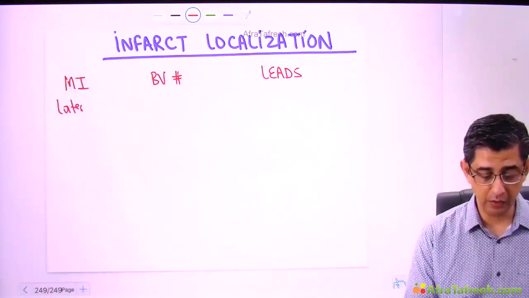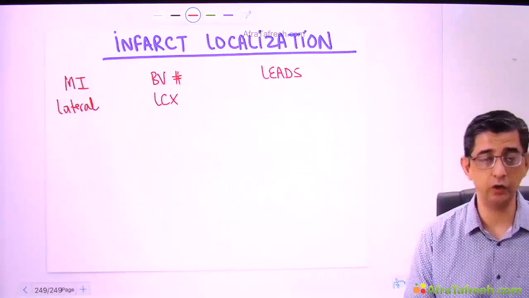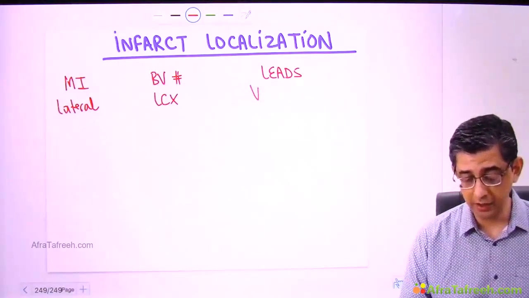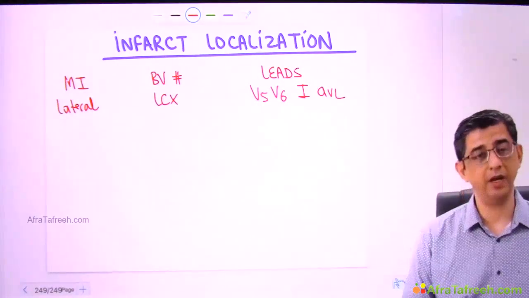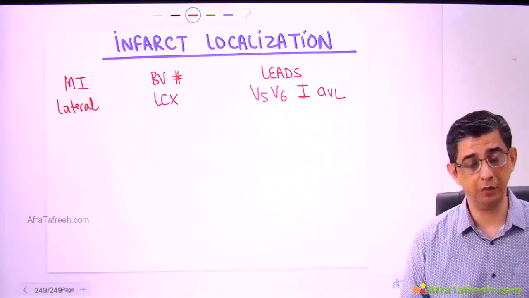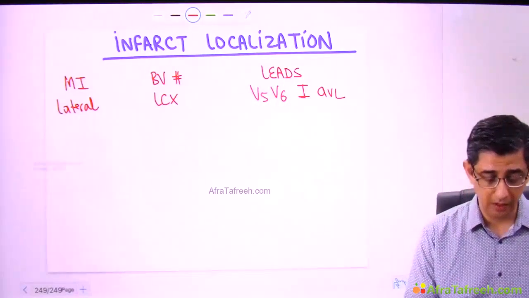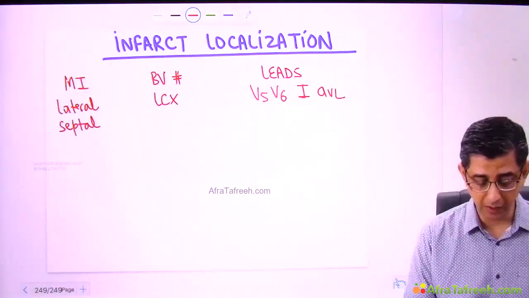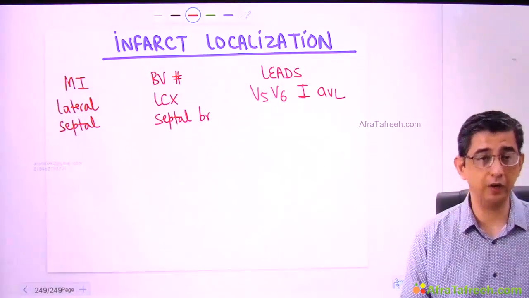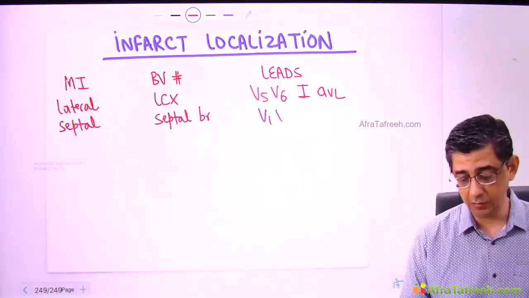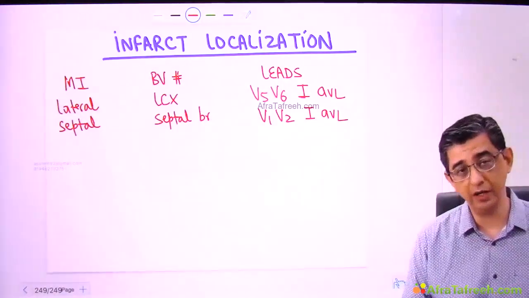As I've already sensitized you, if it is going to be the lateral surface of the heart getting involved, then the blood vessel involved will be the left circumflex artery and the obtuse marginal branch of it. The leads that you want to scan here are V5 and V6 along with 1 and aVL. It's primarily V5, V6 from the exam perspective that you need to remember, and by default anyway, lead 1 and aVL will be scanning the left surface of the heart. In case it talks about septal myocardial infarction, then it is a septal branch starting from the left main coronary artery that will get involved, and the electrodes best positioned to scan this will be V1 and V2 along with 1 and aVL by default.